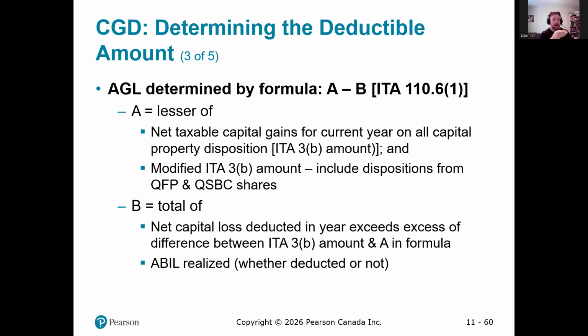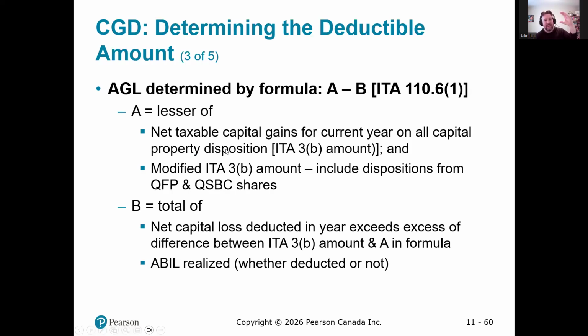Now, if the small business corporation is my only sale, then it is my total taxable gains in the year. So it just makes sure that you're only applying this deduction against the qualified small business corporation transactions. If I sold my company, so I have capital gains, but then I sold some shares that have losses, and those net losses are already subtracting against my qualified disposal, I don't need to use the capital gains deduction to protect my full capital gain because some of it was already netted against some allowable losses. So that's what A is trying to figure out.